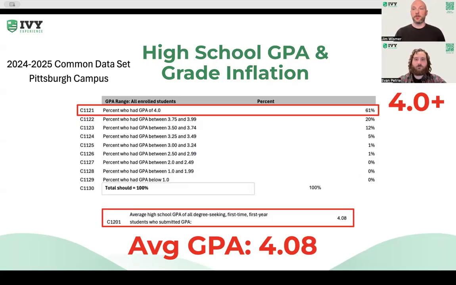So I have here data from the University of Pittsburgh. The University of Pittsburgh is a fairly selective state school, but it's not one of the most selective schools in the country, which is why we use it as an example. At the University of Pittsburgh, which uses a weighted GPA, 61% of their admitted freshmen had at least a 4.0 GPA. The average GPA of a Pitt student is over 4.0. And so I say this because we're not talking again about one of the most selective schools in the country. This is what it looks like at a flagship state school, and not one of the most competitive flagship state schools, but a competitive flagship state school. So I just say this all to provide some context.